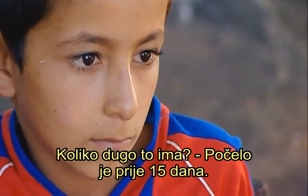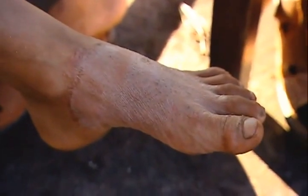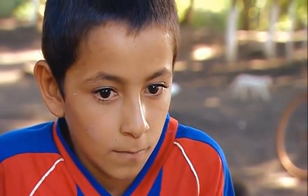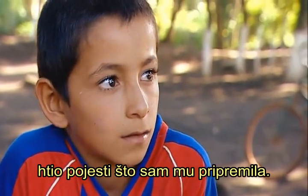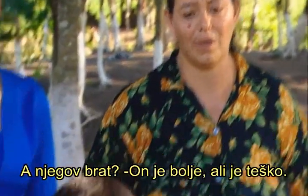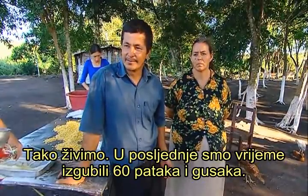How long has he had that? It started 15 days ago. It started on his foot and then it spread. That's how it starts. Does he have a headache? Is he eating? Very little. Today he didn't want to eat what I prepared for him. He only drank a little fruit juice. And his brother? He eats better, but it's difficult. That's the way we live. Recently, we lost 60